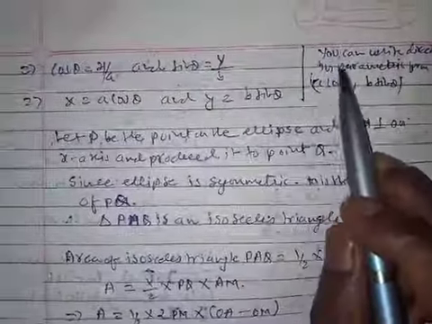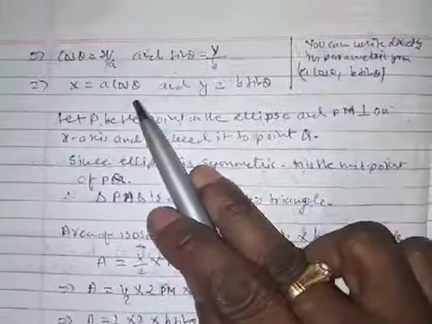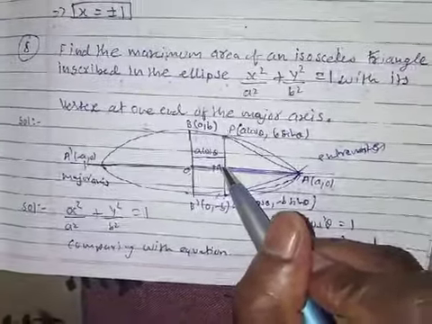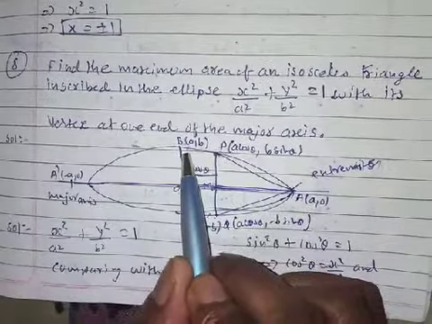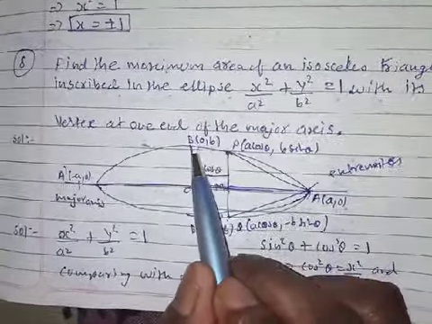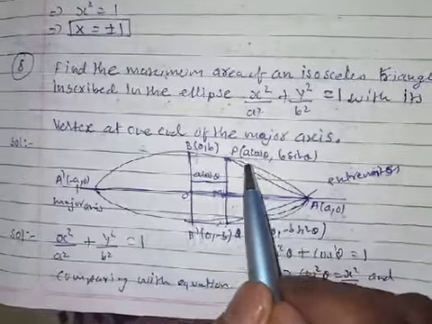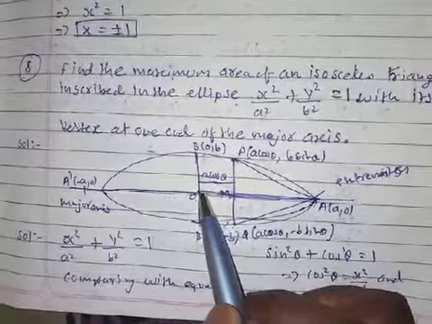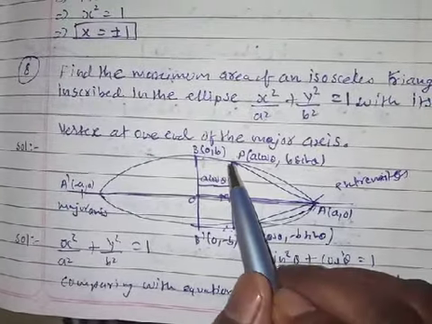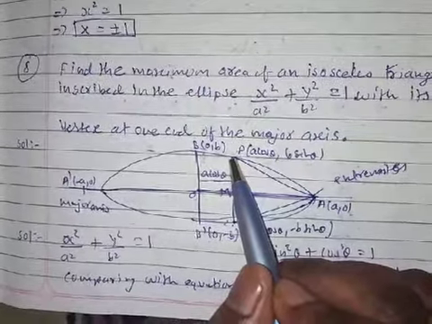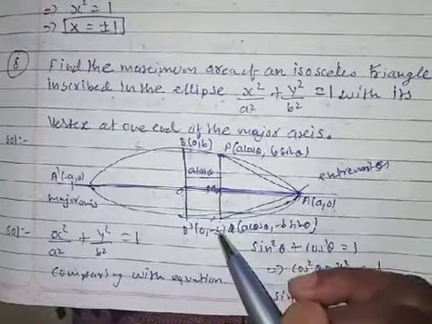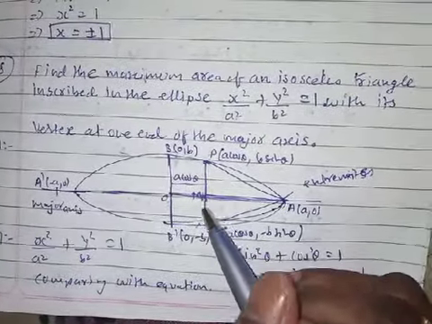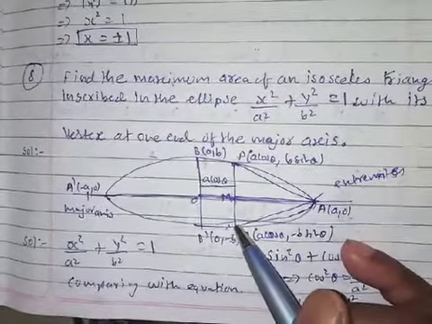This can also be taken directly in the parametric form: x is a cos theta and y is equal to b sin theta. So where is the point here? Point P is here. This we have taken as the x axis. So point P, suppose it is (x, y). So this distance is a cos theta, and what about this distance? It is b sin theta. Similarly here, Q has a cos theta positive, and b is negative, so minus b sin theta. This is the point Q.